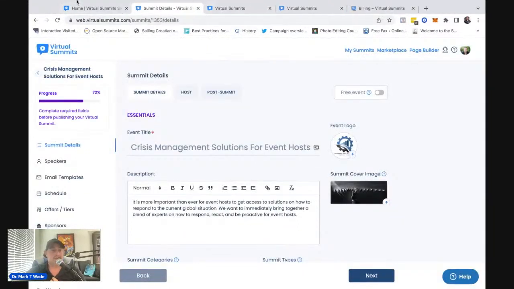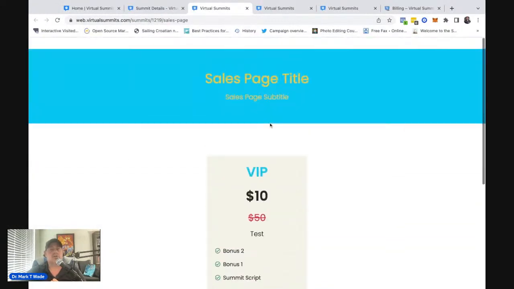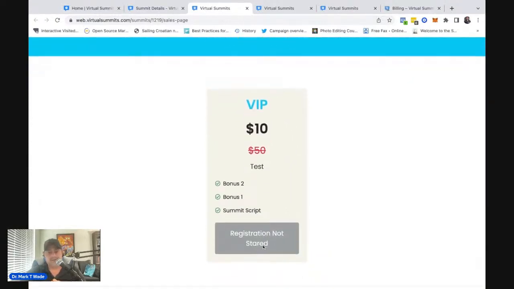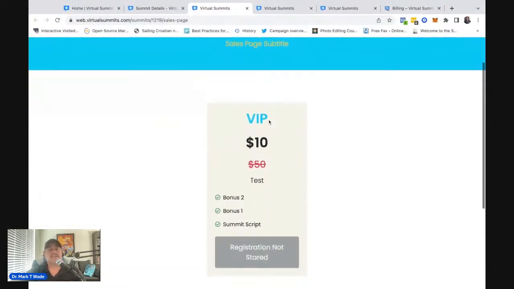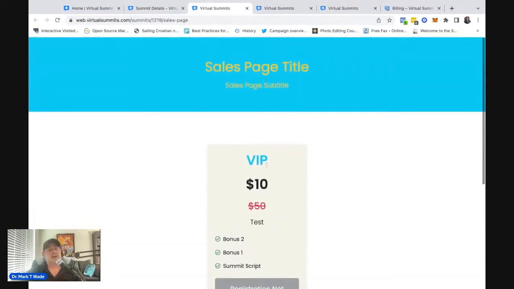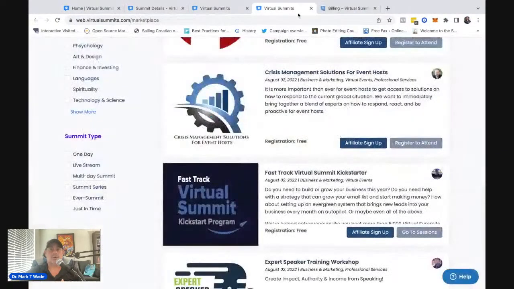That was an example. Actually, let me see if I can pull that back up. So this was an example right here, registration not started. I obviously misspelled that button there. This was just a demo summit. But with that being said, this is an example of when your summit is over, ended, or not started, that it's not going to be able to be activated. So that's something there. But what I was talking about is you could go here into the marketplace,